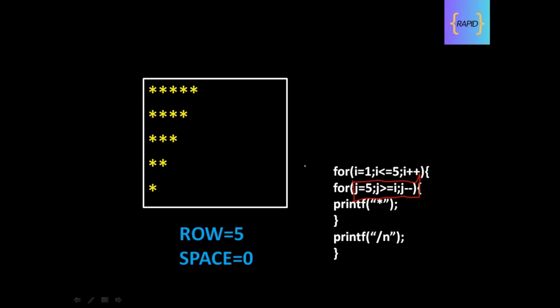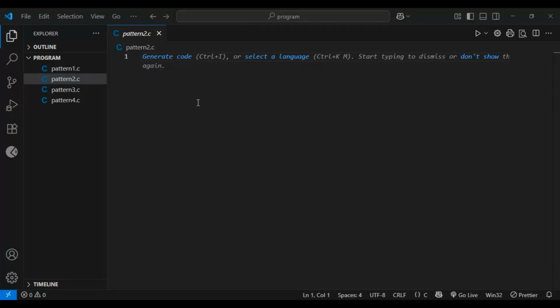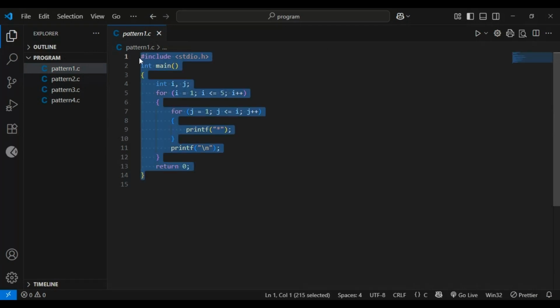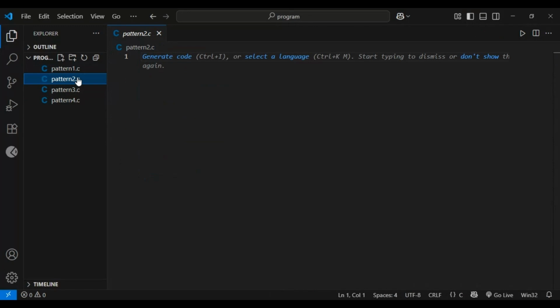Okay guys, without wasting time, let me show you this program in VS Code, and I hope you already did this. In VS Code, I already created a file with .c extension, and because this pattern is very similar to pattern 1, I'm just going to copy pattern 1 and paste it over here.